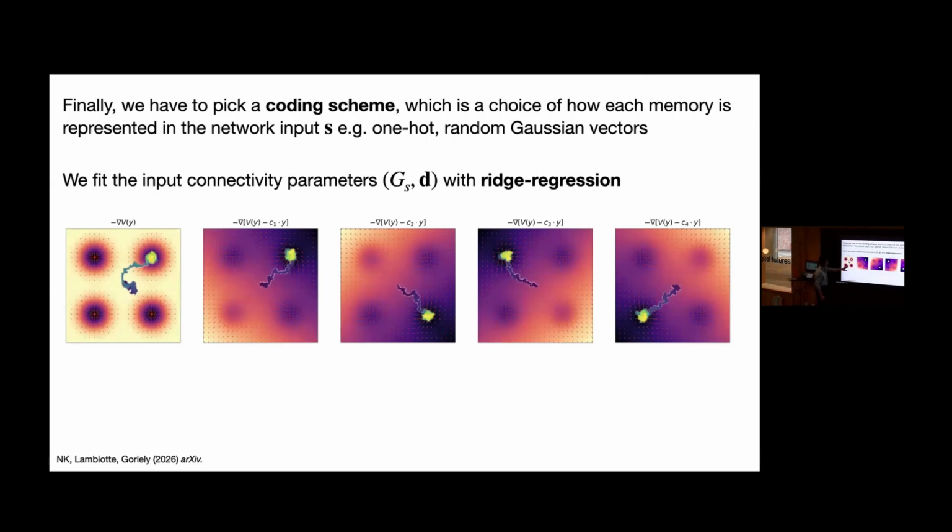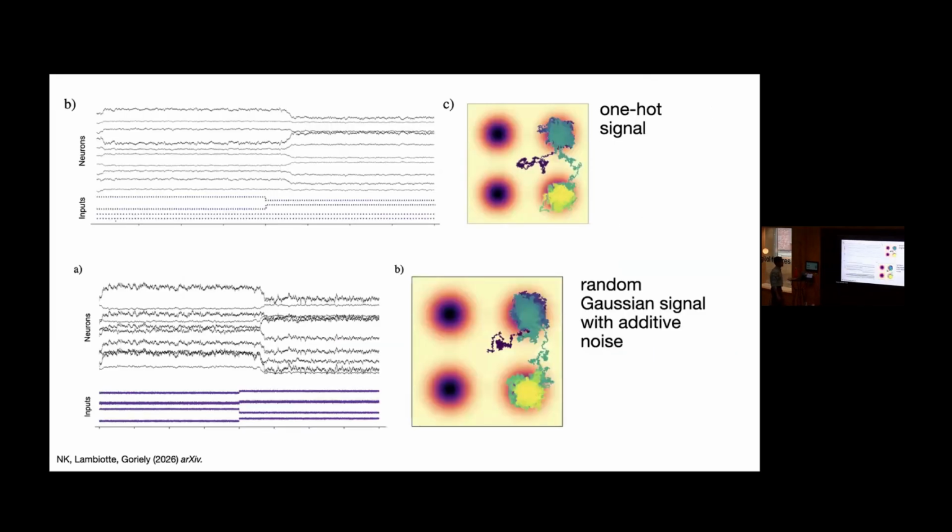So you start with a system that has 4 memories in your neural manifold, which are just minima of an energy function. Then based on the input, we basically tilt the board so that the system rolls into the corresponding memory. You can build examples like this, where you have your neural network, and then you have your input signal. First, the input is set to, you can pick however you want to code your inputs, memory 1. Halfway through the trajectory, I switch it to memory 2, and you'll see the network reacts to this change in input. On the neural manifold, we converge to memory 1, and then we converge to memory 2. You can do this with whatever coding scheme you want. We tried one hot, we used random Gaussian signals, etc.